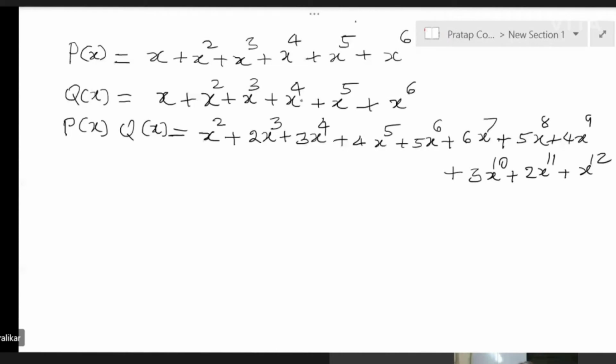The equivalence of the 2 dice being thrown and adding up the numbers is the same thing as you multiply these 2 polynomials Px into Qx and you write their product. And that product gives you exactly the number of ways that the sum 3 comes, 3 is the number of ways the sum 4 comes, and so on. Just very, very simple matter. Just the product of 2 polynomials. Now, what is the question? I still have not stated the question.